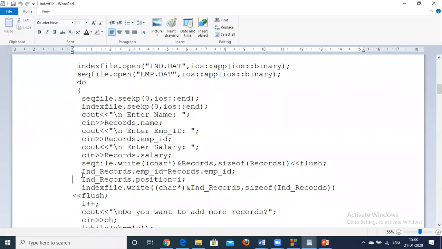This position we can also calculate by counting how many records are already added. We can count the last position and write that position. So we will create this record, which is to be written into the index file, and write that record into the index file.